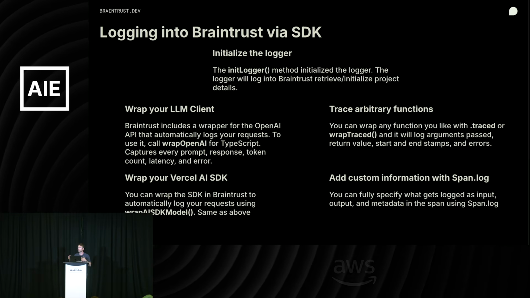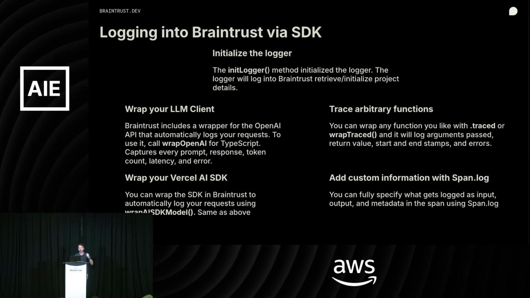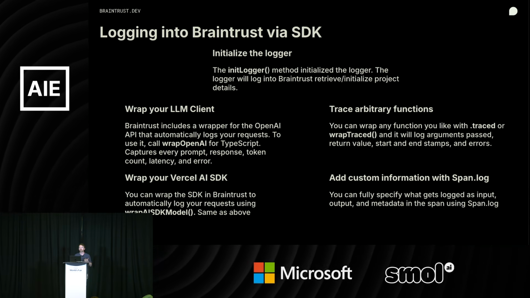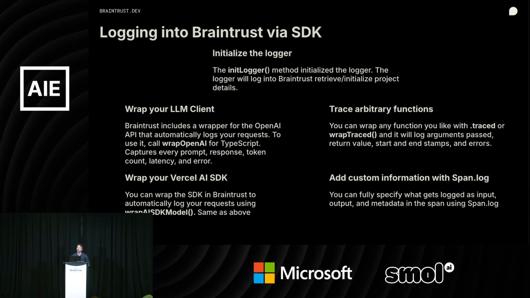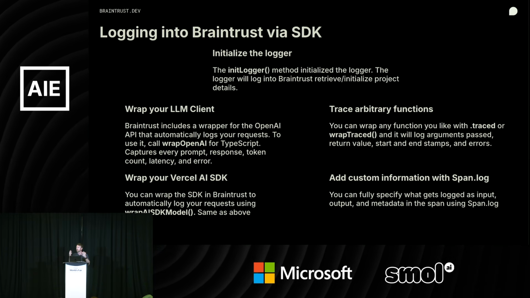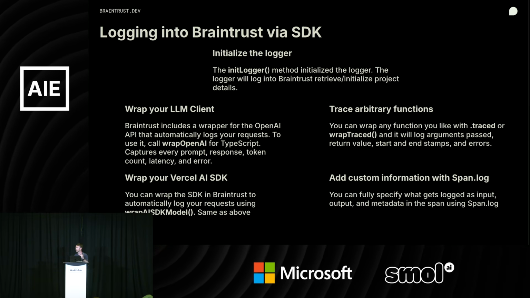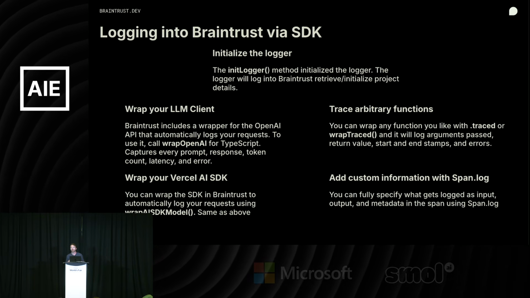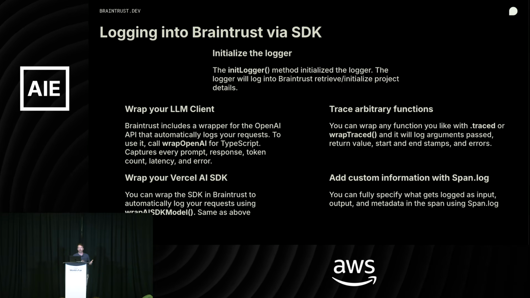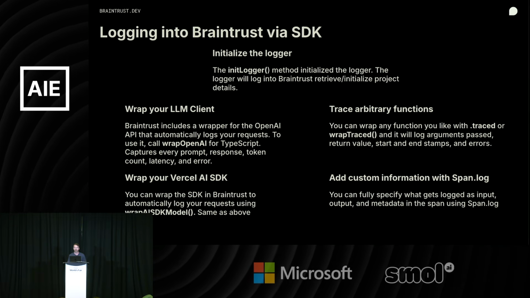You obviously probably want to do a little bit more. Again, maybe you want to understand when that LLM invokes a tool. So I want to trace, I can add a trace decorator on top of a function. I can even use some of the Braintrust low-level span elements to create custom logs. And I want to customize the input, and I want to customize the output and the metadata that we log to that span. So again, you can start very basic with wrapping in a client, and then go down to the individual span itself, specifying that input and that output.